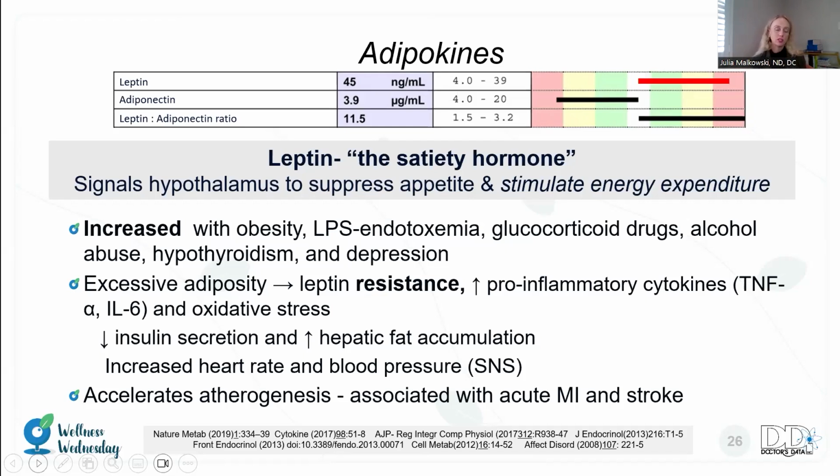So this is a vicious cycle because it's going to be your patients that are already struggling with weight and maybe metabolic syndrome, and they do not feel full after eating. So it's important to take a look at this value of leptin here. The thing to do when individuals have elevated leptin is really you need to remediate that visceral adiposity. But it is associated with atherogenesis and myocardial infarction and stroke. So we will take a look at that in some cases.